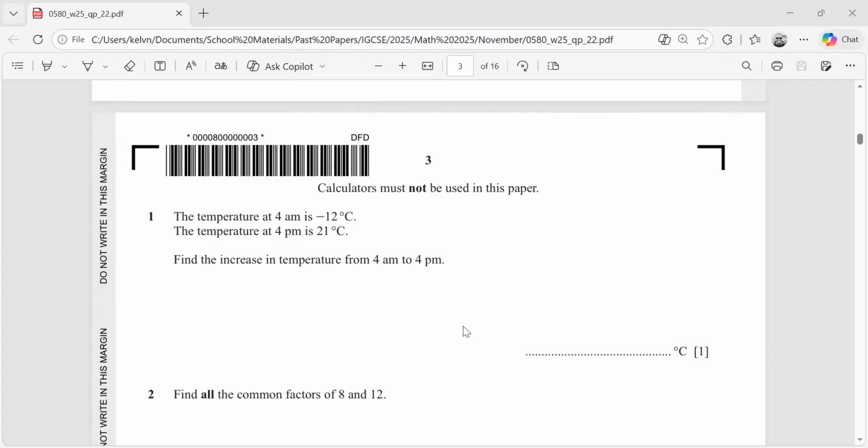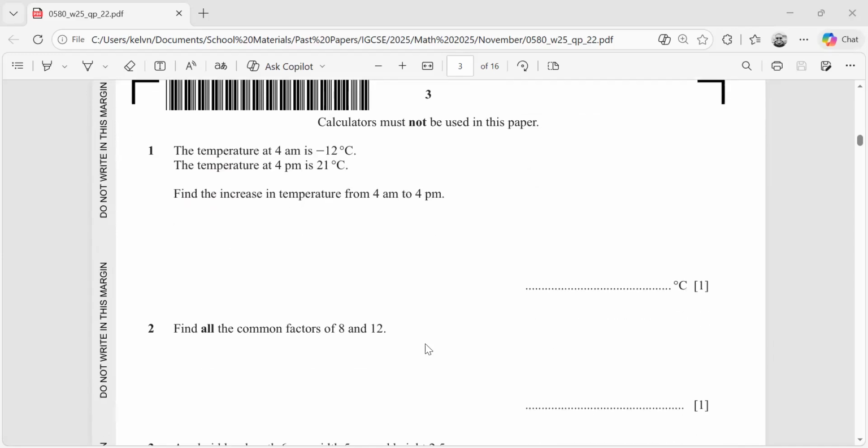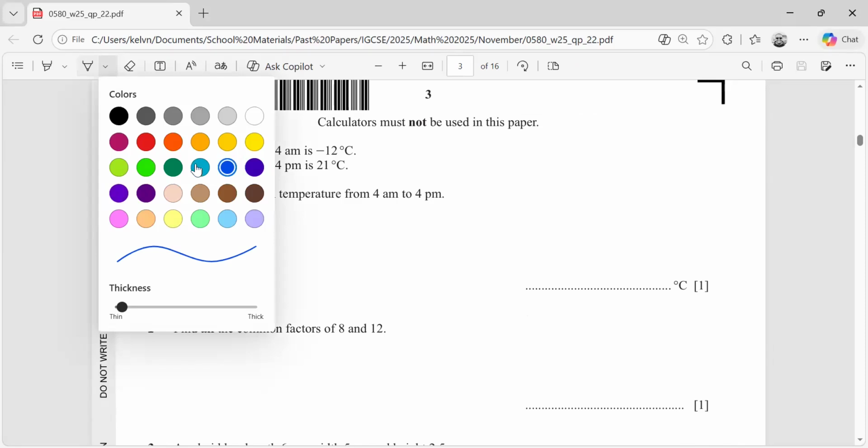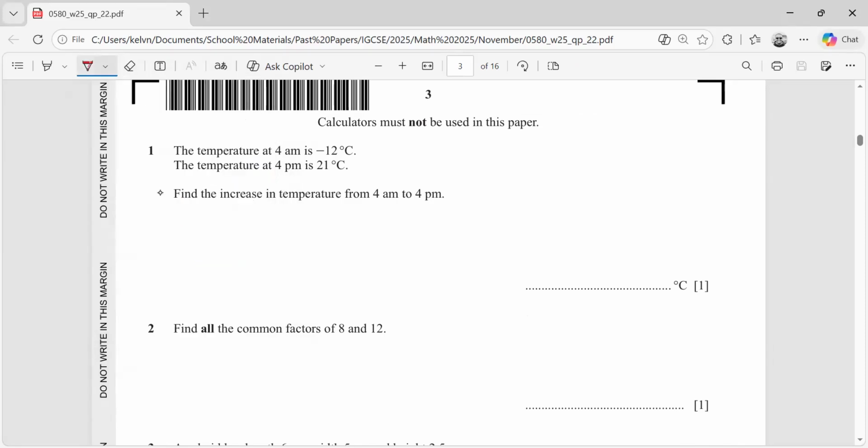So let's begin. In this first question, we are told the temperature at 4 a.m. is negative 12 degrees Celsius, and the temperature at 4 p.m. is 21 degrees Celsius. So you are basically asked to find the increase in temperature from 4 a.m. to 4 p.m. And this is a question that basically wants to test your